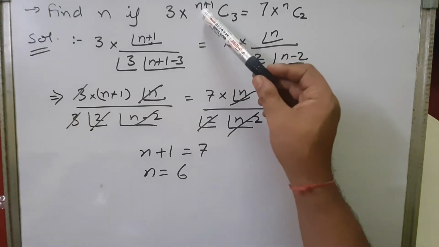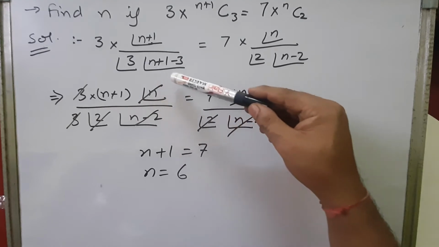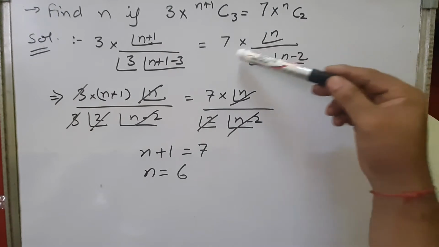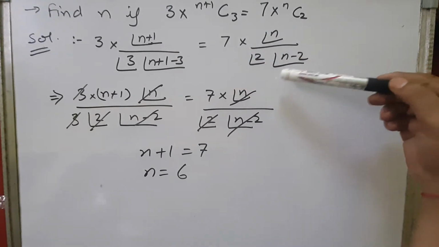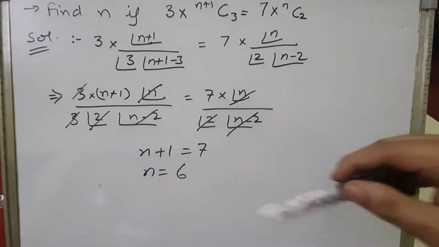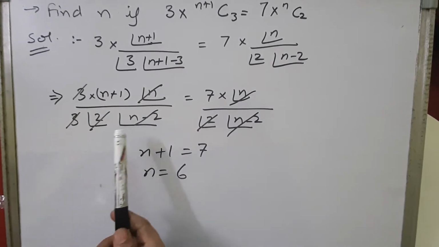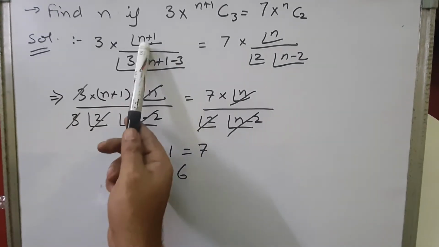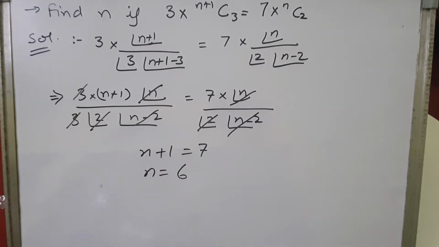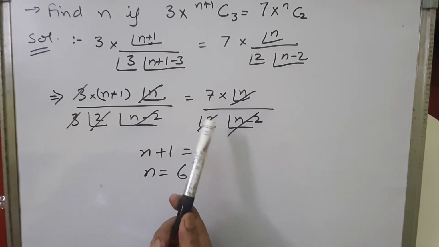So here the value of n is n+1 and r is 3. So it will become factorial (n+1) upon factorial 3 into factorial (n+1 minus 3). And this side, our right hand side, will become 7 into nC2, which is 7 into factorial n upon factorial 2 into factorial (n-2). Alright. Now in this step, when we take 3 outside the factorial, it will become 3 into factorial 2 into factorial (n-2). And (n+1) outside the factorial, it will become (n+1) into factorial (n+1-1), which is factorial n, right? And this side, right hand side, will remain the same.